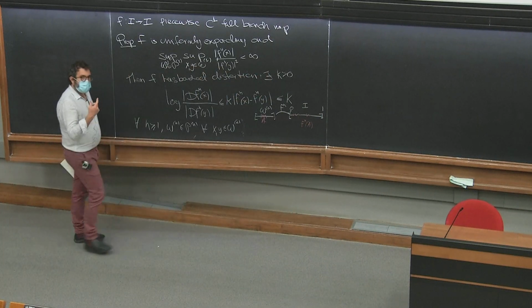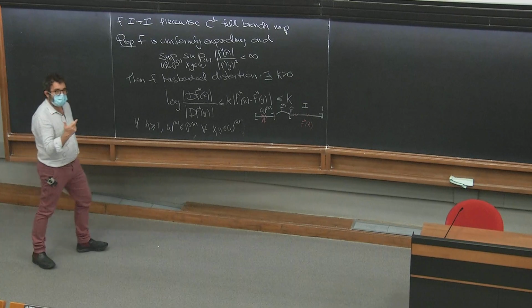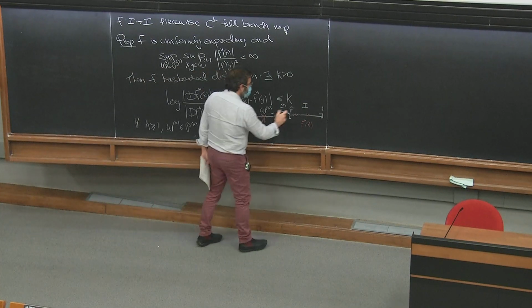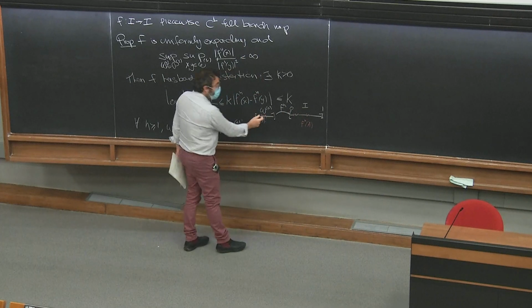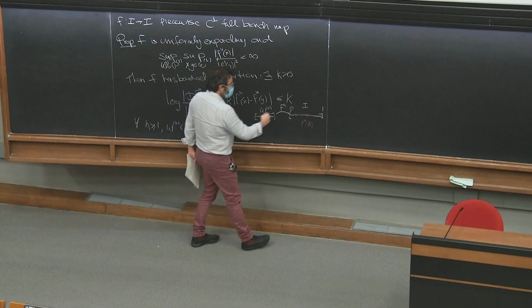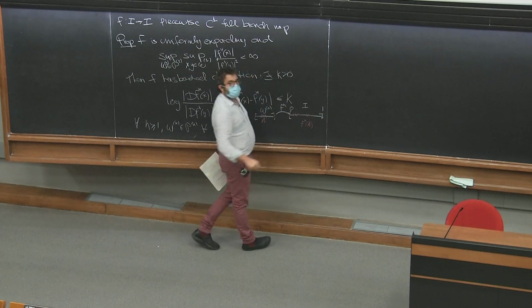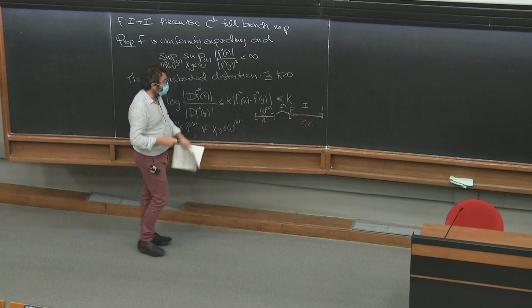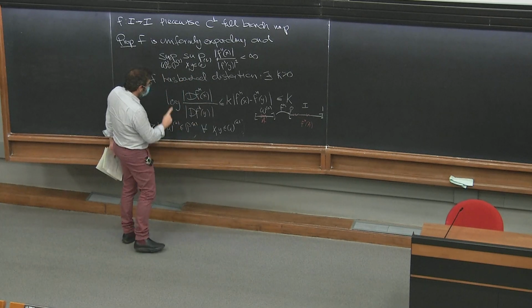This is why it's called bounded distortion, right? If the map is piecewise affine, then you preserve this ratio exactly. If the measure of A is 1/3 of the interval, then its image will be exactly 1/3 of the image, right? Bounded distortion says that it is bounded above and below by a constant independent of n,